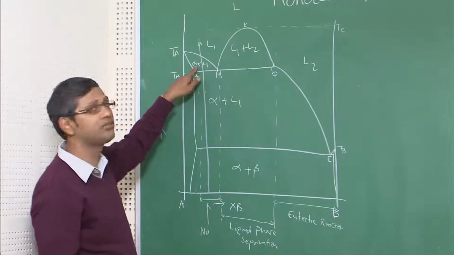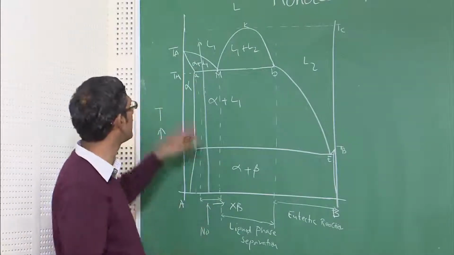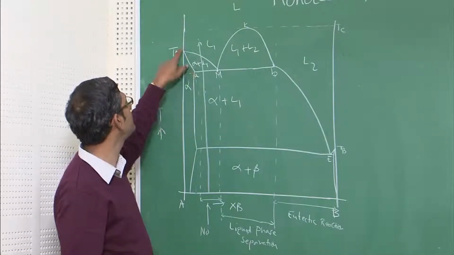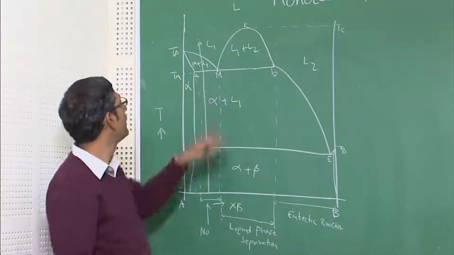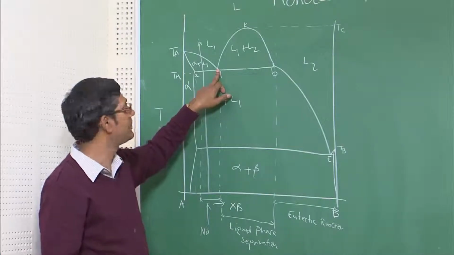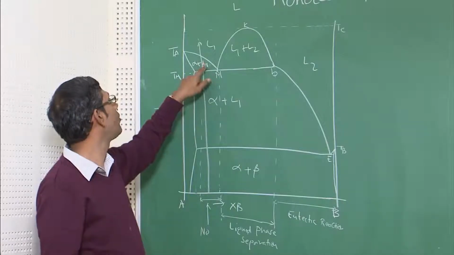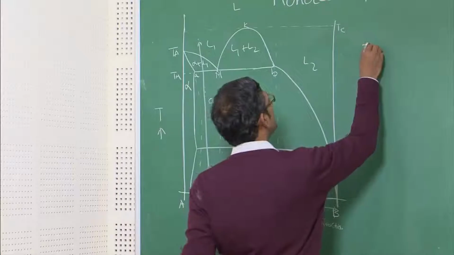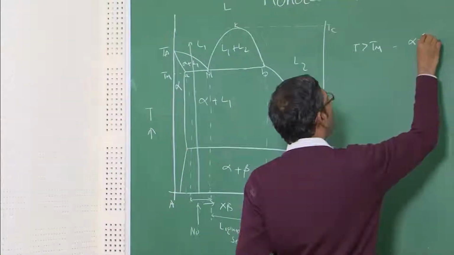This alpha phase will form in a dendritic manner, like a tree-like structure into the liquid, and slowly the alpha phase composition will change along the solidus and the liquid composition will change along the liquidus. Now at temperature Tm, when the liquid composition reaches point M, just like in the eutectic reaction, this L1 will undergo the monotectic reaction. So above temperature Tm, alpha forms as a dendrite